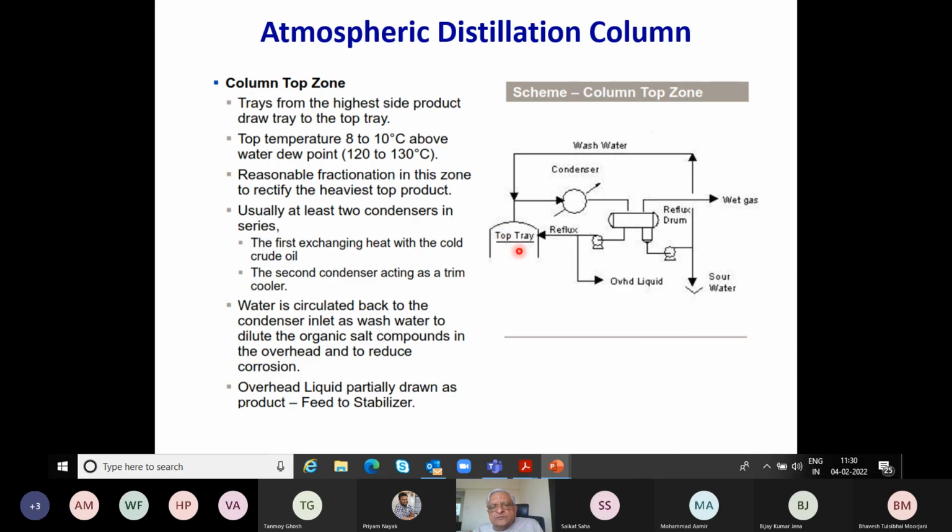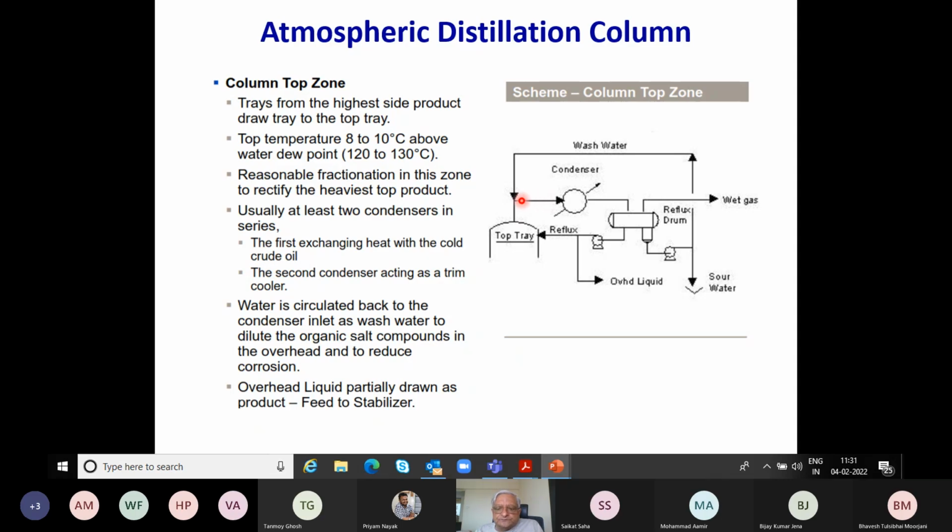And there are quite a few trays here actually after the last withdrawal. And as I said, in many cases, you actually try to recover the heat of this vapor into the crude in the cold preheat train. So actually, I'll show you a preheat train later, an actual example of a refinery. But generally, this may be true, may not be true, depending upon whether there is an opportunity for recovering this heat. So this is more in terms of heat integration and to reduce the heat requirement of